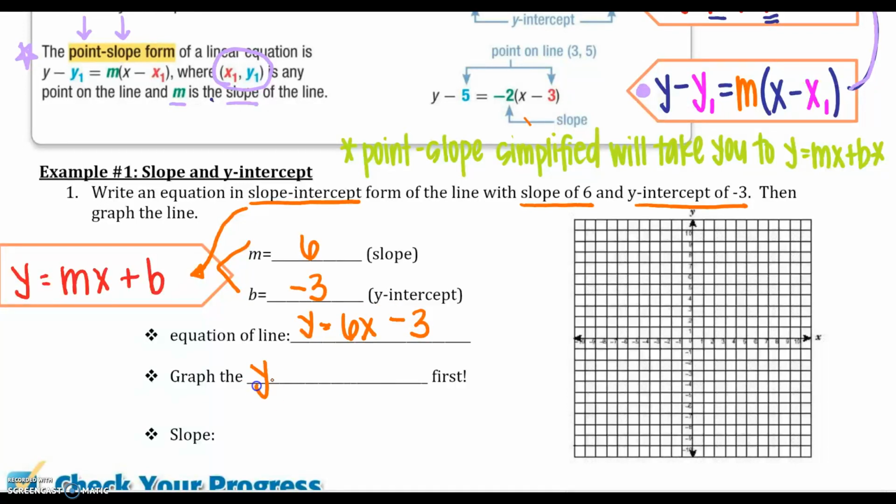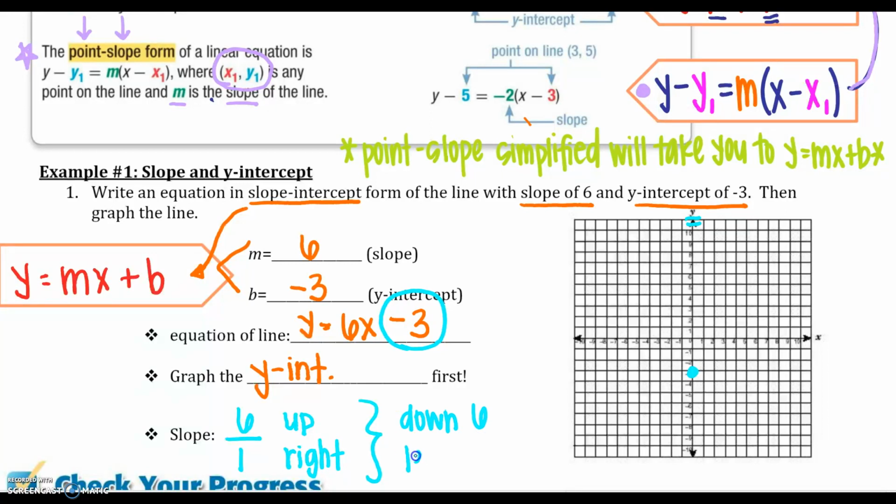And I need to graph my y-intercept first. So that is where I'm going to graph this number right here. I'm going to go on my y-axis, go to -3, and put a dot right there. And my slope is 6, but you can really think of it as 6 over 1. So that means I need to go up 6 to the right 1, or I could also go down 6 and left 1, whichever one kind of fits better on your graph. So I'm going to go 1, 2, 3, 4, 5, 6 over 1,